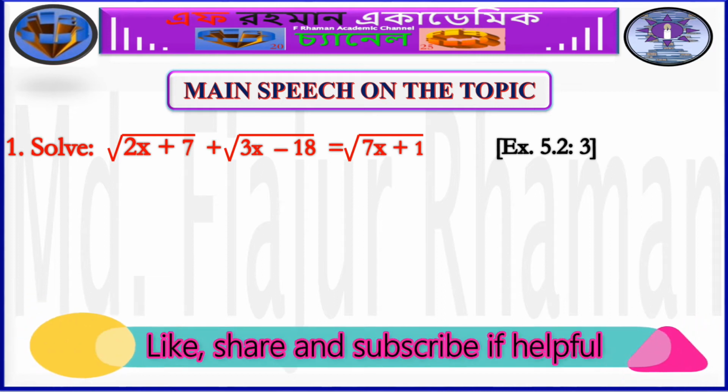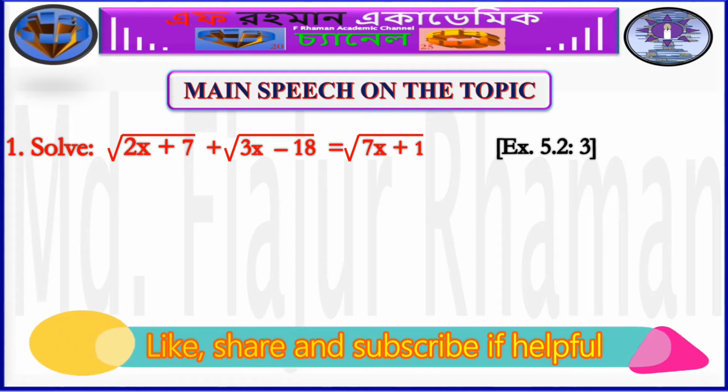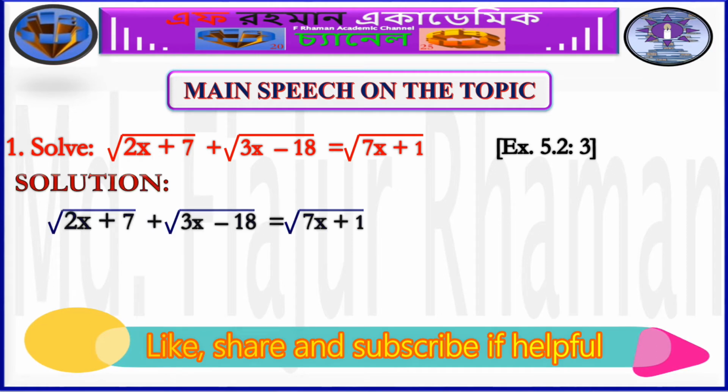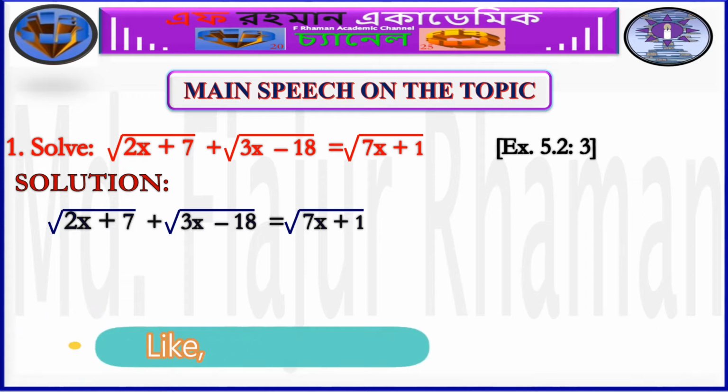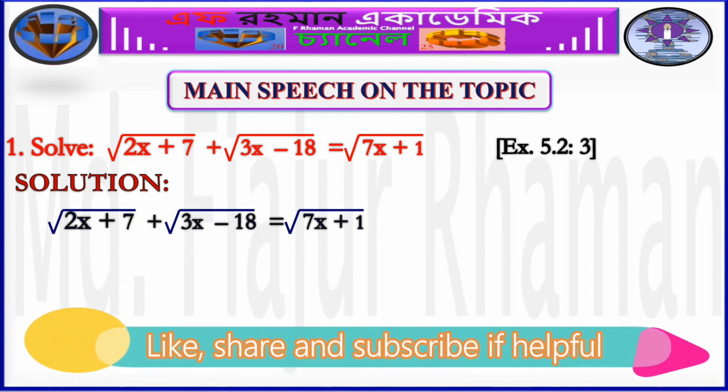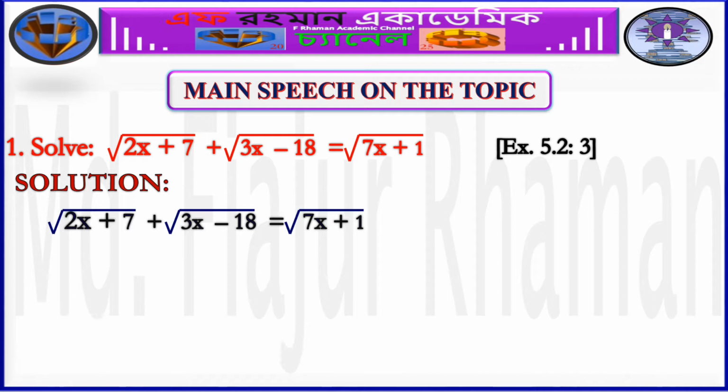Question 1. Solve square root of 2x plus 7 plus square root of 3x minus 18 is equal to square root of 7x plus 1. Solution. Since the radical on the right hand side of this equation is isolated and the isolated radical is a square root, we have to square both sides of this equation. Squaring both sides, this equation implies that